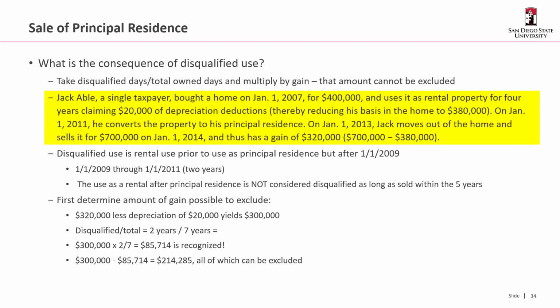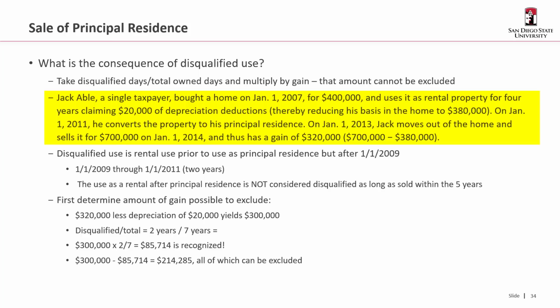So Jack Abel, a single taxpayer, bought a home January 1st, 2007 for $400,000. He's renting it out for 4 years, and he claims $20,000 of depreciation over those 4 years. Therefore, his basis is reduced to $380,000. Then on January 1st of 2011, he converts the property to his principal residence. So then he lives in it for 2 years, right? The idea being now he wants to capture that and exclude the gain. So in fact he does. And on January 1st of 2013, he moves out